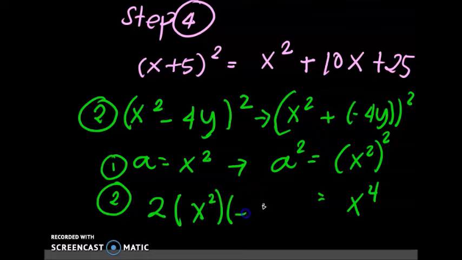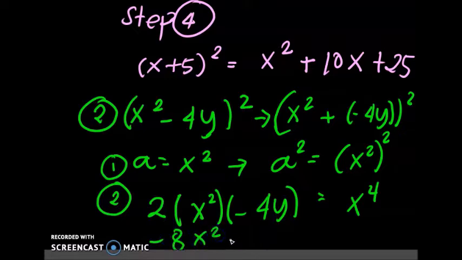So we have here already 4y, and this will lead us to the second step, which the answer is 2 times negative 4, which is negative 8 x squared